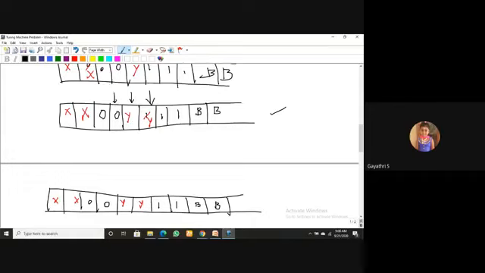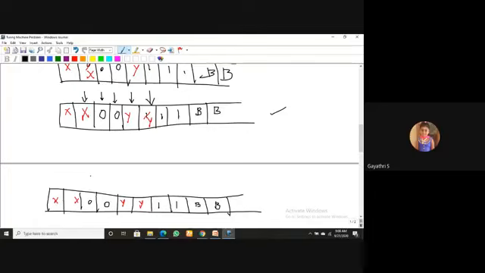I'm reading, this is 0, but I couldn't say whether it is the leftmost 0 or not. So once again, I will move left. Again, I'm reading 0, and I could not tell whether this is the leftmost 0. So again, I will move left. Once I reach x, this is the decision point. I'm reaching x now, so if I move one step right, I can have my leftmost 0. That step only I can write here.